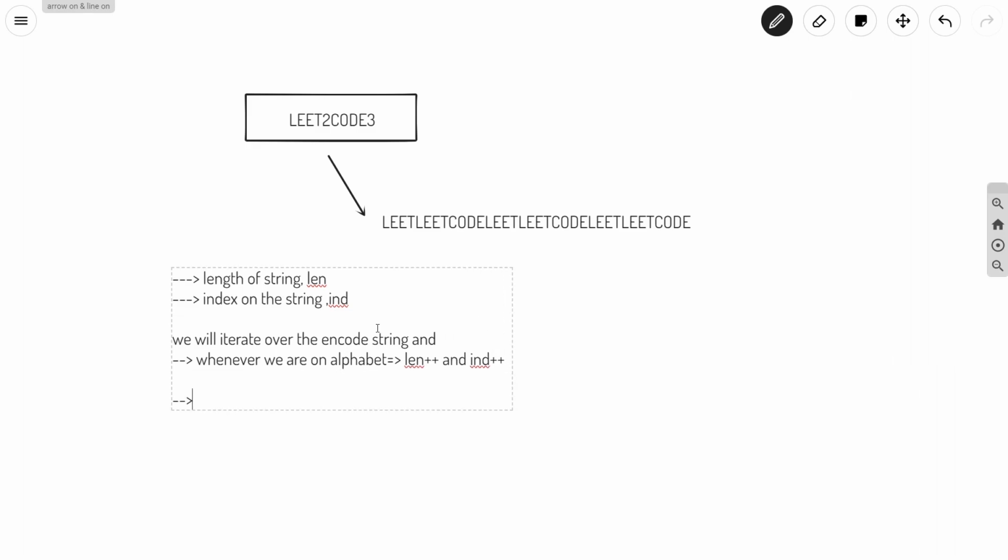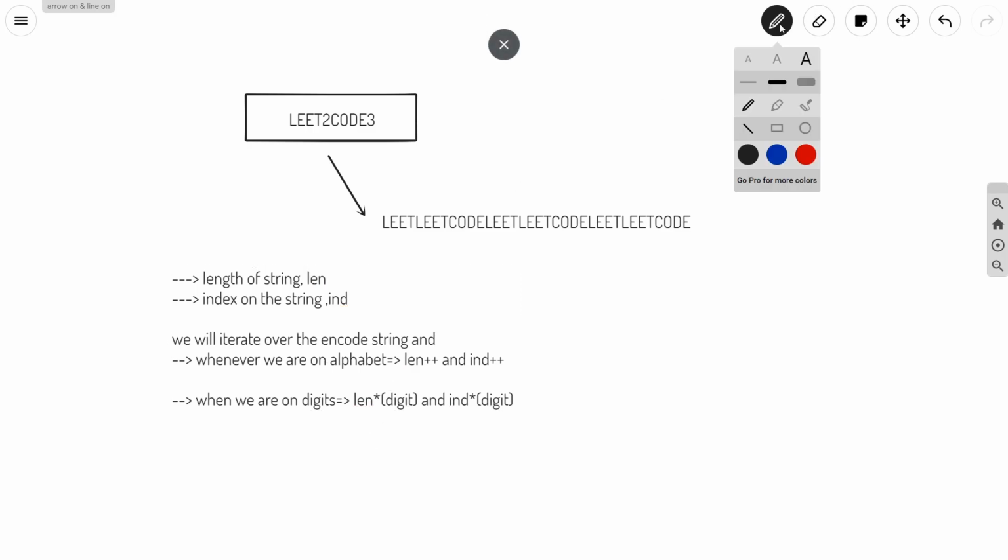And in the other case, when we are on a digit, length is going to be increased by some amount. Length will be increased by that digit, and index is also going to increase by the same amount, that is the digit. So this we have to keep in our mind.